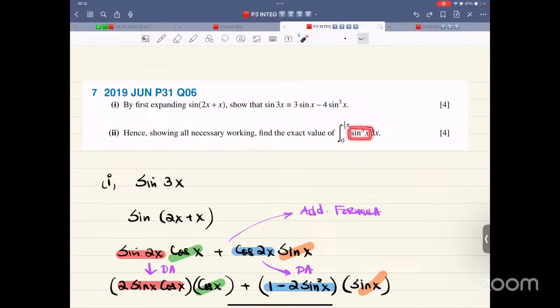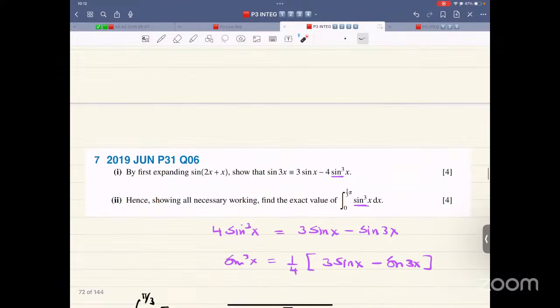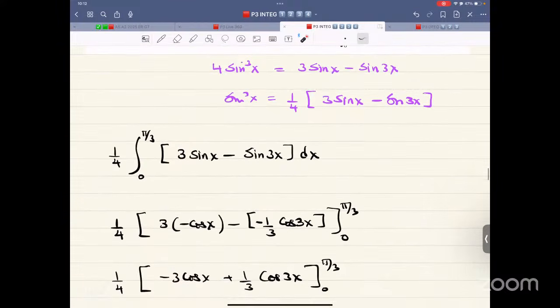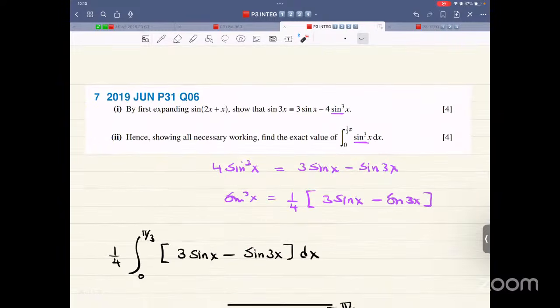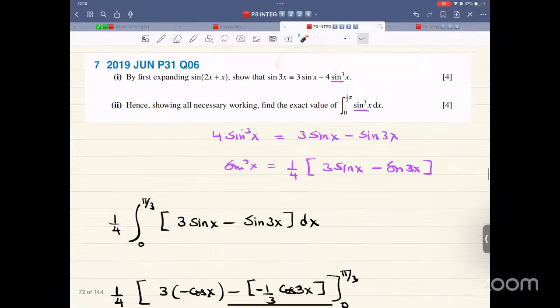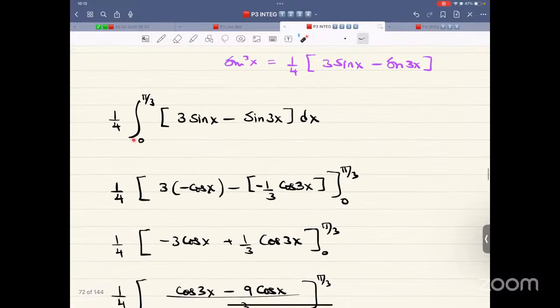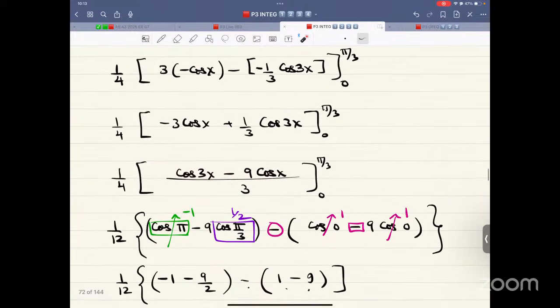That means if they want me to integrate sine cube x, I can make it the subject. That would be sine 3x minus 3 sine x divided by minus 4. So that is what I've done on the next page. The minus sign will change the position of these two, so this is 3 sine x minus sine 3x over 4. This is sine cube x; 3 sine x I have already shifted to the other side. So therefore, this is 1/4 times 3 sine x minus sine 3x, directly plug in the limits, and then you get